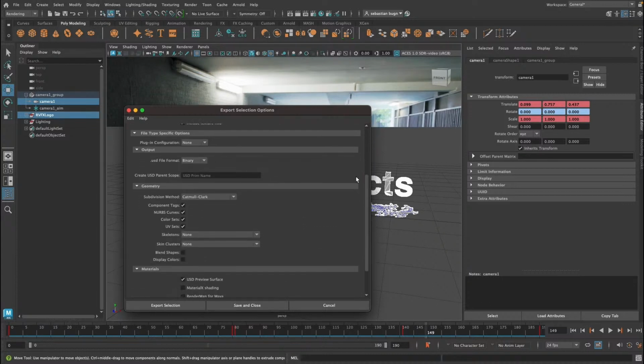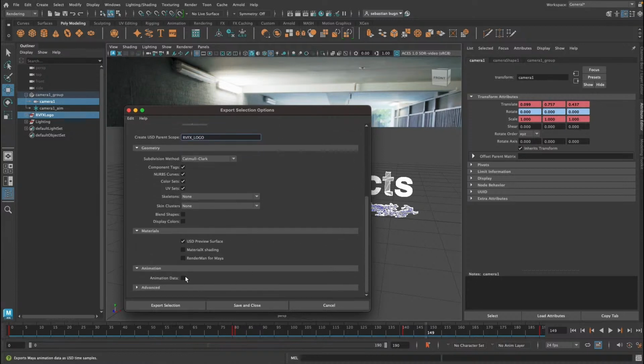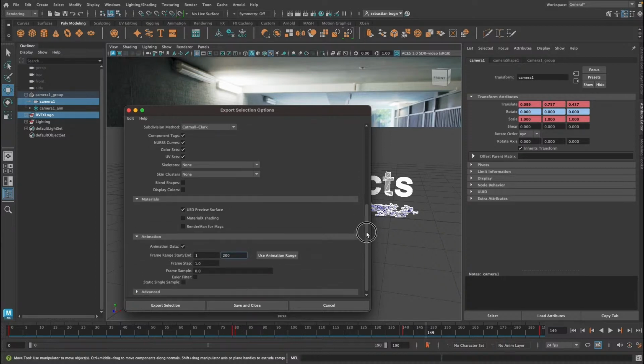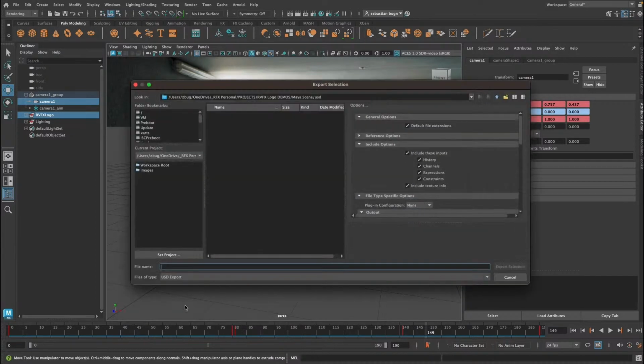This is the most important option that we have to check here. We have to create a USD parent scope in order to import it correctly in Autograph. We need a root parent primitive so Autograph can read correctly the USD file. And we are also going to enable the animation data, and the frame rate is okay. So we just export, we set a name, and